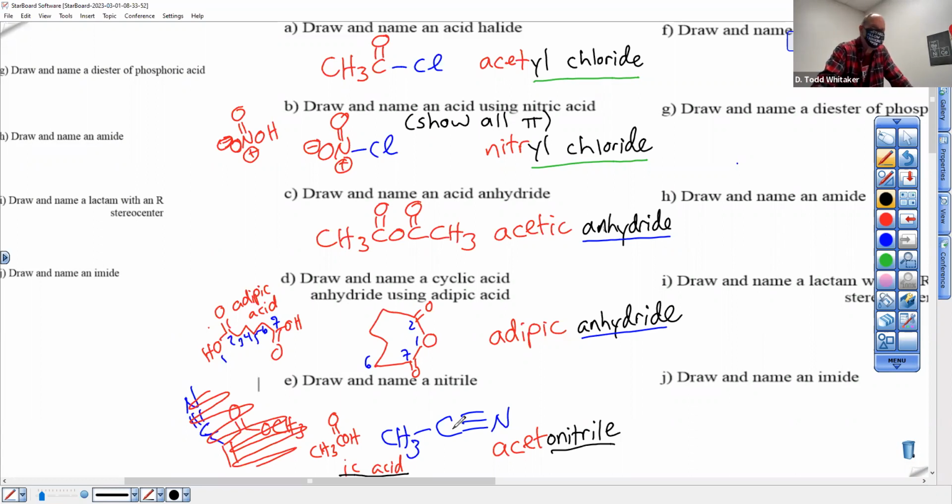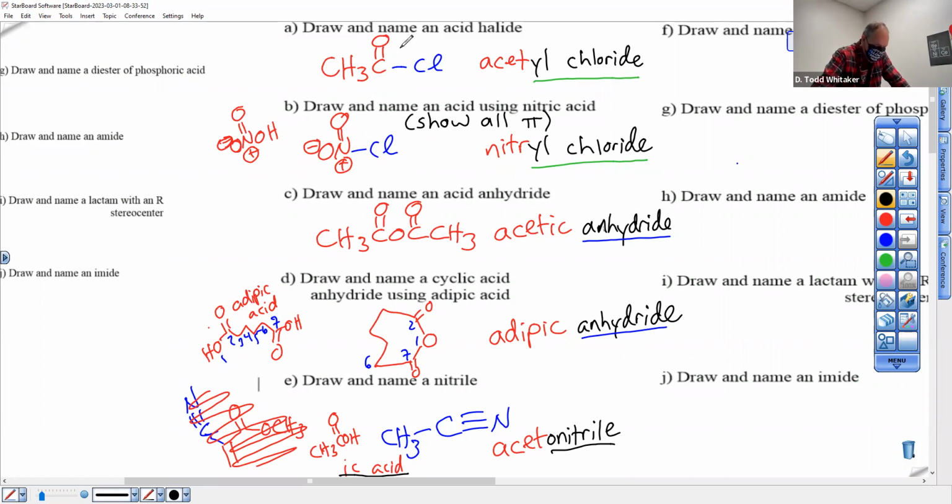Oh, it makes me so happy when people read. Yes, some lectures in the past I would go on and on for like 10 minutes trying to drag that out of somebody, and she said it. Everything on this page has a carbon with 3 bonds to more electronegative elements. That's what makes you a carboxylic acid derivative. If you are a carbon with 3 bonds to a more electronegative atom or atoms, you're a carboxylic acid derivative.